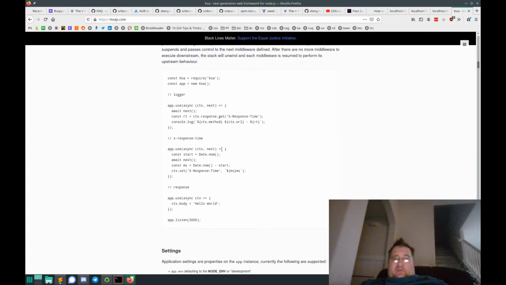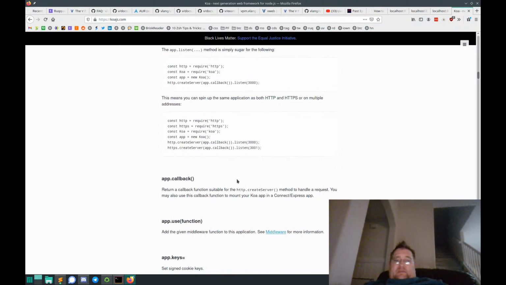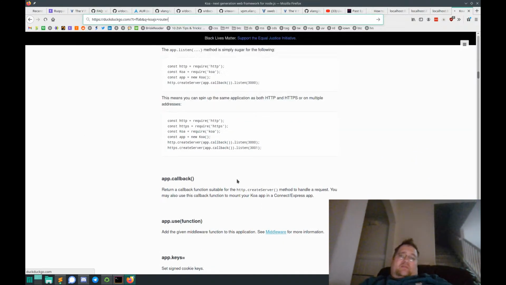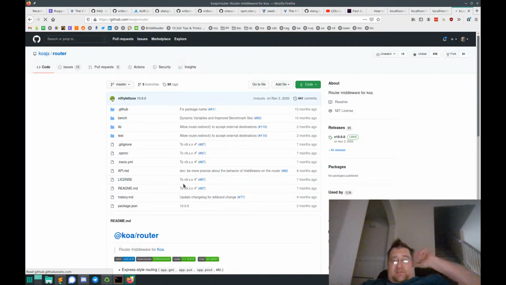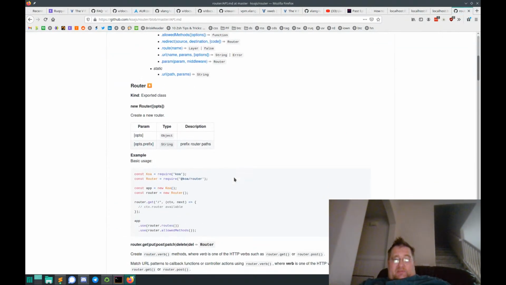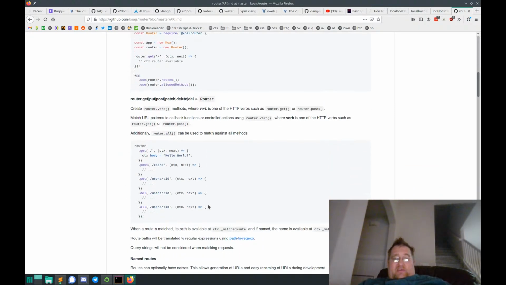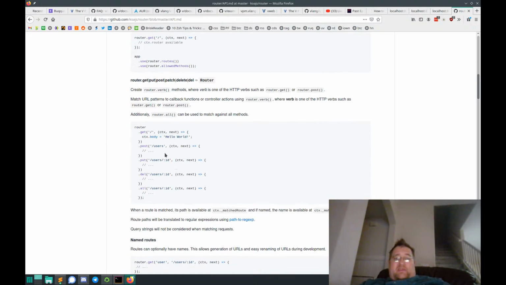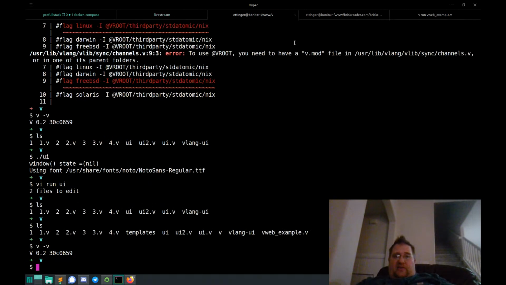You'll want a router. Where's the router? Koa.js router. You want the official router. It's right here under Koa.js. So you'll have to install that, and here's the API reference. Pretty basic. Create a new router, instantiate it, and then you have router get, and you get context. You can just do like context.body. So I could show you some code for that. I don't really want to turn this into a Node.js session, but